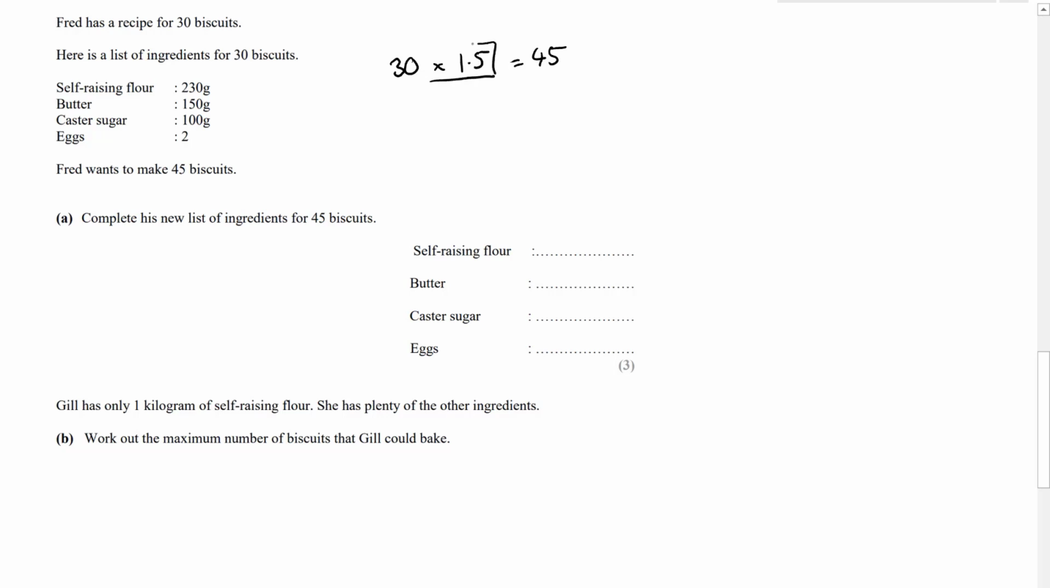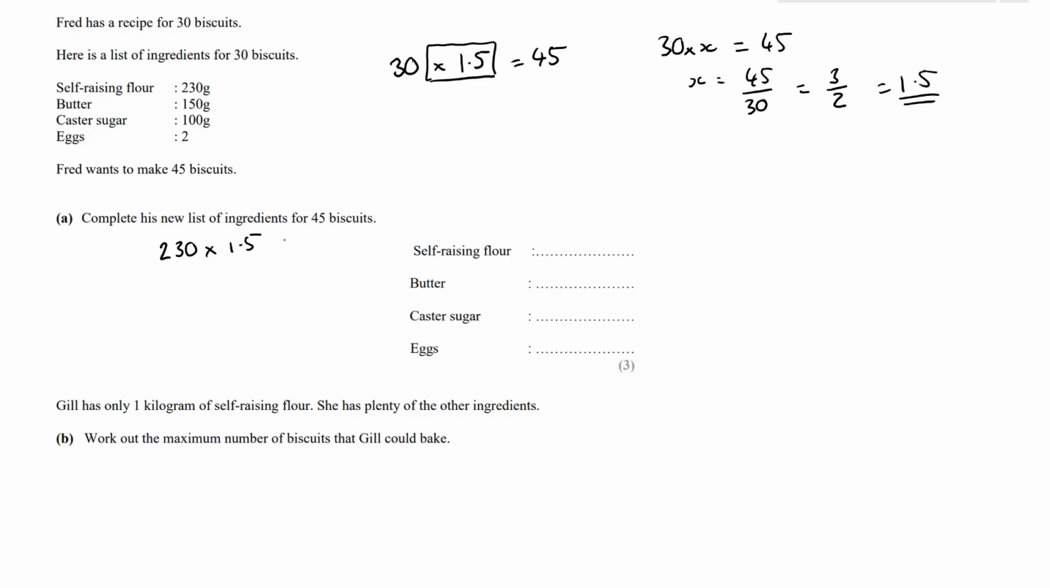And again, if you struggle to work that one out, you could always say that 30 times x is equal to 45, and then x would be equal to 45 divided by 30, and you could simplify this by dividing by 15, and this would give 3 over 2, which is 1.5. Okay, so we're multiplying everything by 1.5. So the self-raising flour, we're going to take 230 times it by 1.5, and we are going to get 345